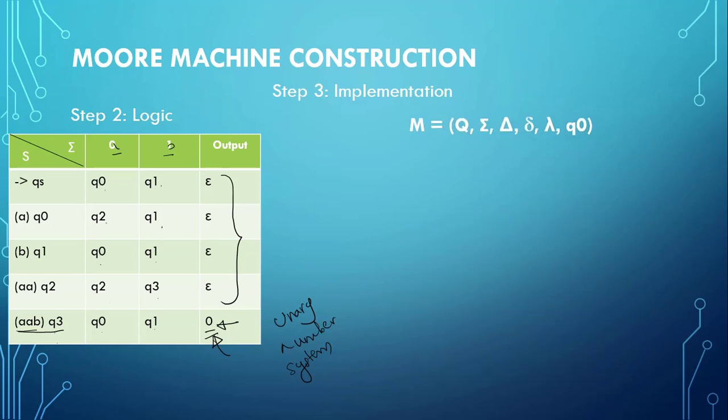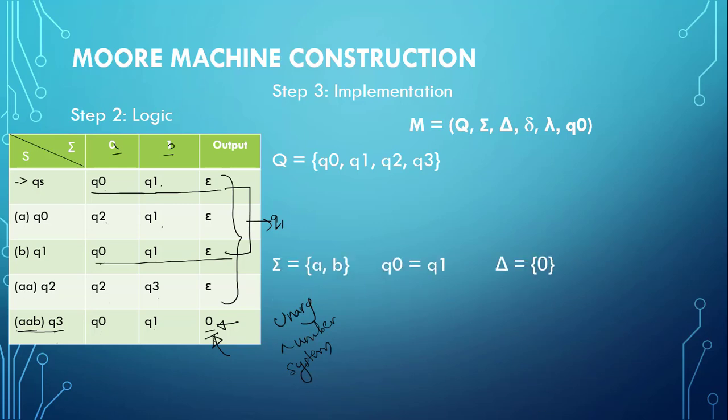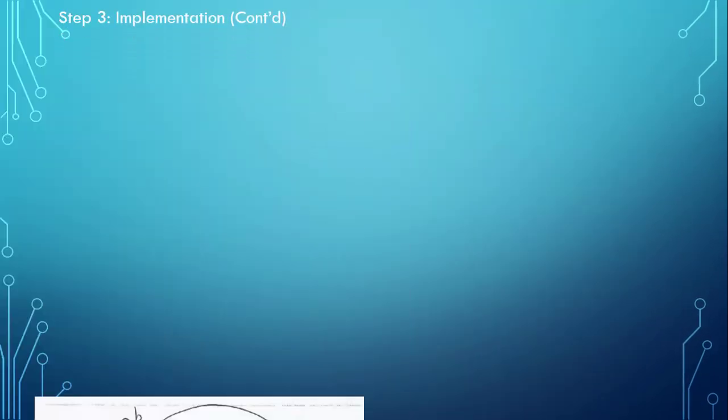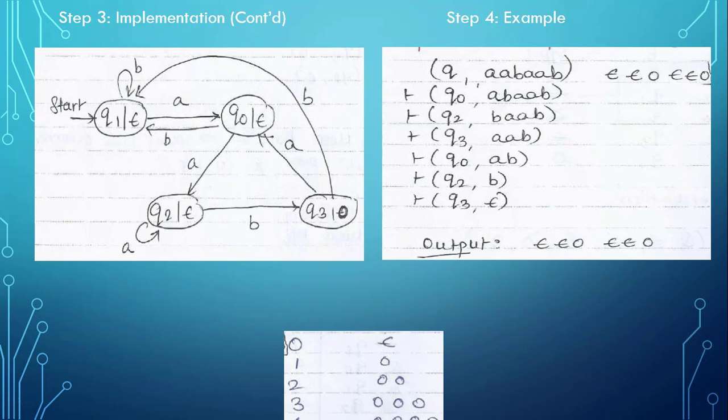So here in implementation, after observing, we can see that QS has the same transition and output symbol as Q1. So we can merge these two states into Q1. So let us see the states now: Q0, Q1, Q2 and Q3. The transition table after merging the states will be Q0 to Q3, where Q1 is our start state because Q1 got merged with the QS state, and the output alphabet will be 0. Let us understand this with the state transition diagram and an example along with the unary number system.